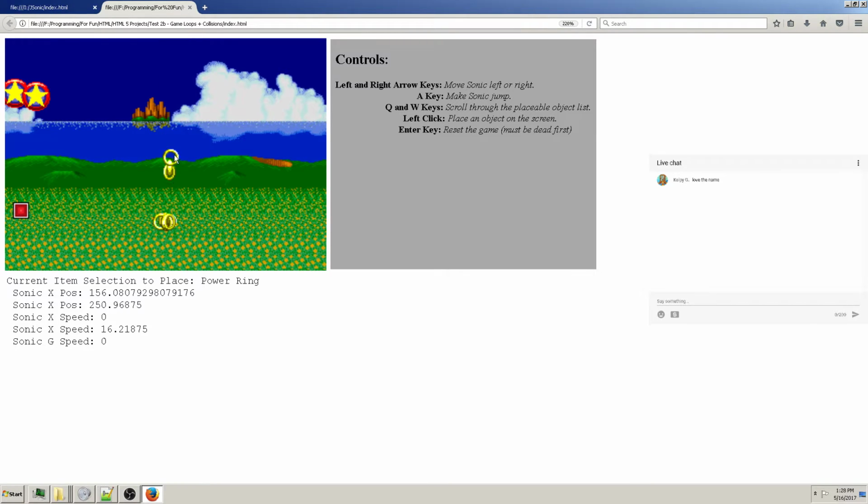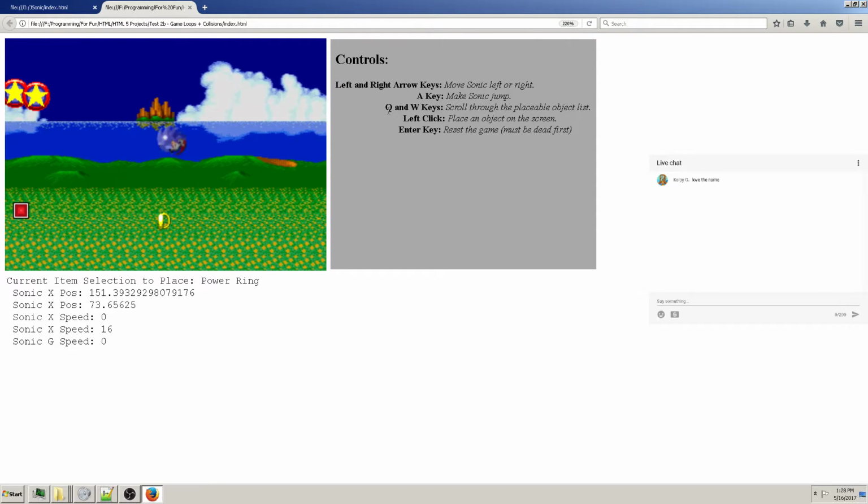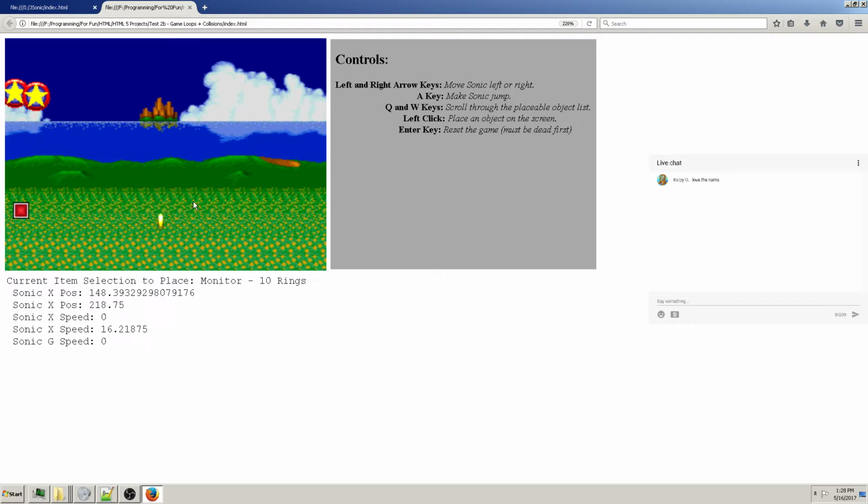But at least I made it so when you hit the rings, you'll just destroy the correct one. I don't know why it's not doing... Oh, there we go. I want to implement some of these objects again, and that will be very easy. But the purpose in showing you this was just showing you how, in many ways,